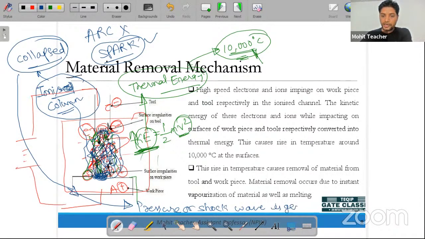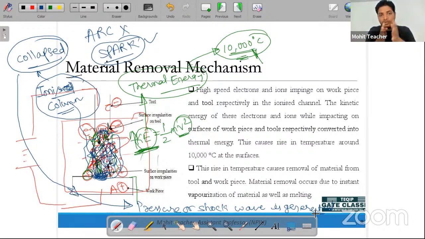Shock wave is generated. Now, as the ionized column suddenly collapses, pressure and a shock wave are generated. This pressure and shock wave are generated in the gap where the dielectric fluid is also present. So this dielectric fluid will try to escape